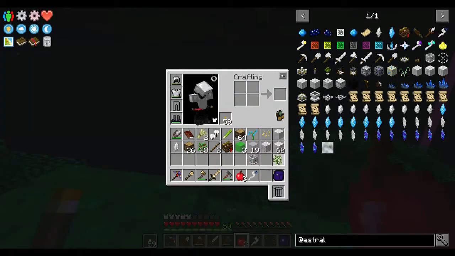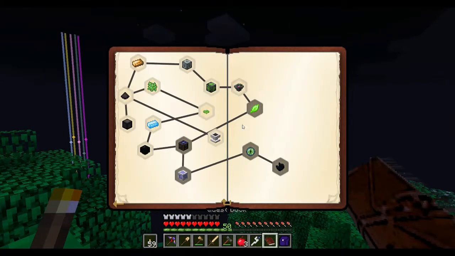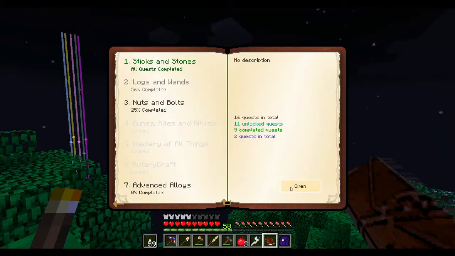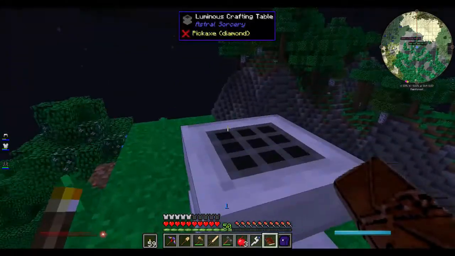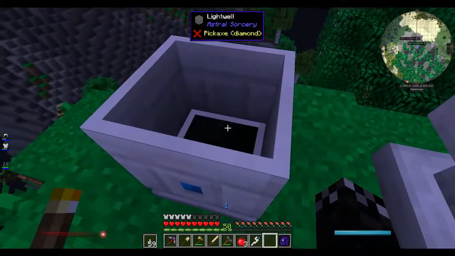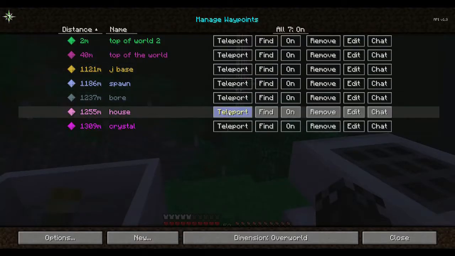And I should have brought another aquamarine with me, but I've made a waypoint over here so that we can jump over and back as required. This is definitely the next step that we needed in Astral Sorcery. So we can continue on to the next bit, because we are going to need starlight. And the way you get starlight is, let's just jump home,